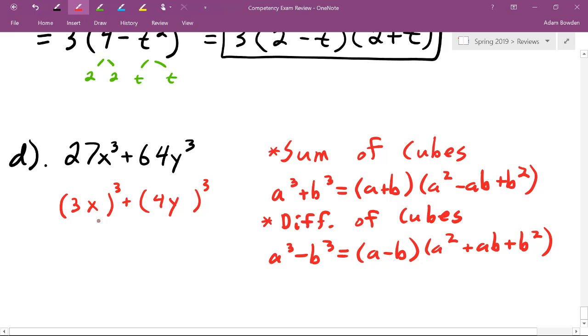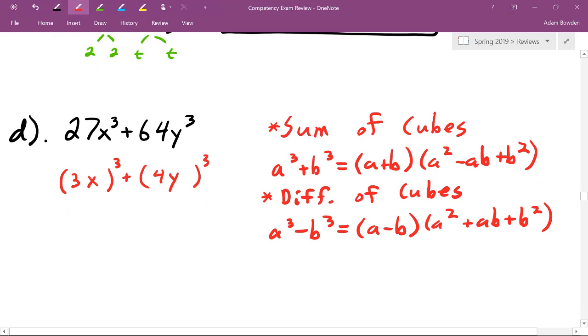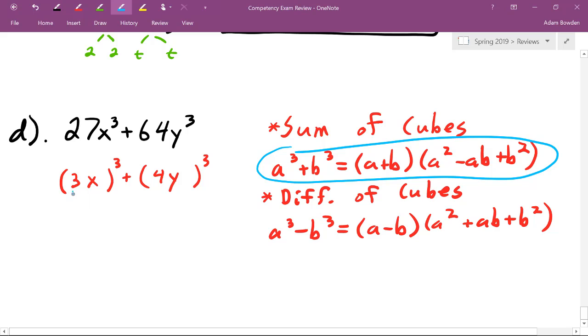So we have a 3x to the third power and a 4y to the third power in our sum of cubes. If we compare this to the pattern that we have over here, this 3x takes the place of a, and this 4y takes the place of b. So when we factor it by the pattern, it's going to turn into a plus b, 3x plus 4y,